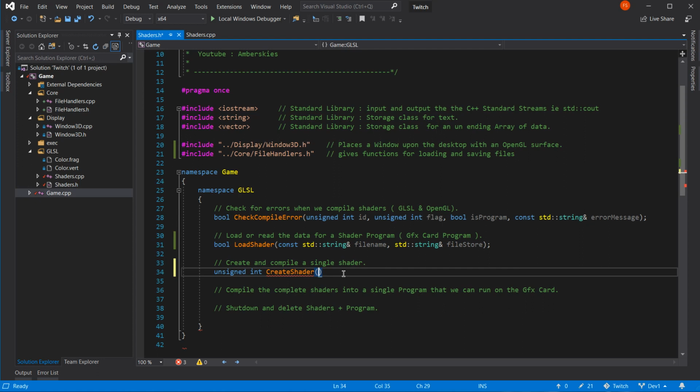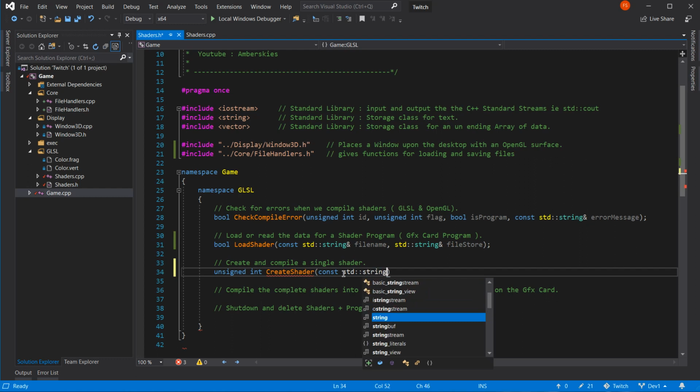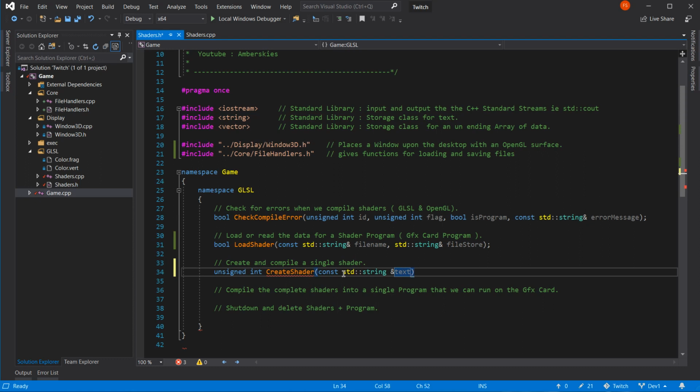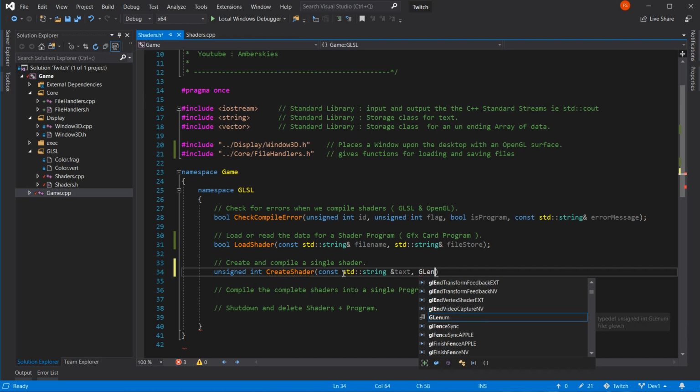Yeah, okay, well let's go with the const std::string. And what do we need? We just want the text, don't we? Yeah. No, we don't. We want the text and, I'm guessing, comma. And I've got OpenGL available to me, haven't I? What does that come as? Okay, I'm just going to call it a GLenum. Yeah, we do have them.